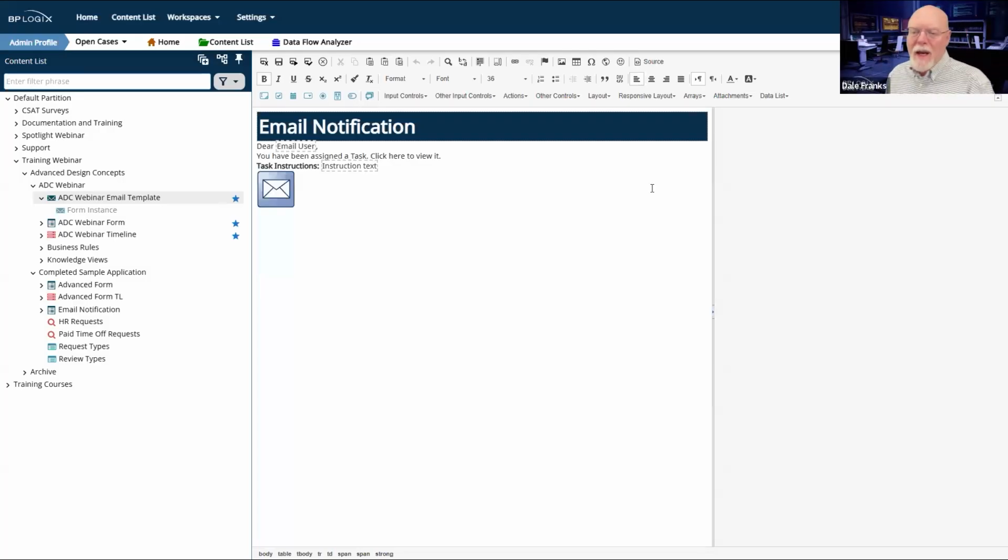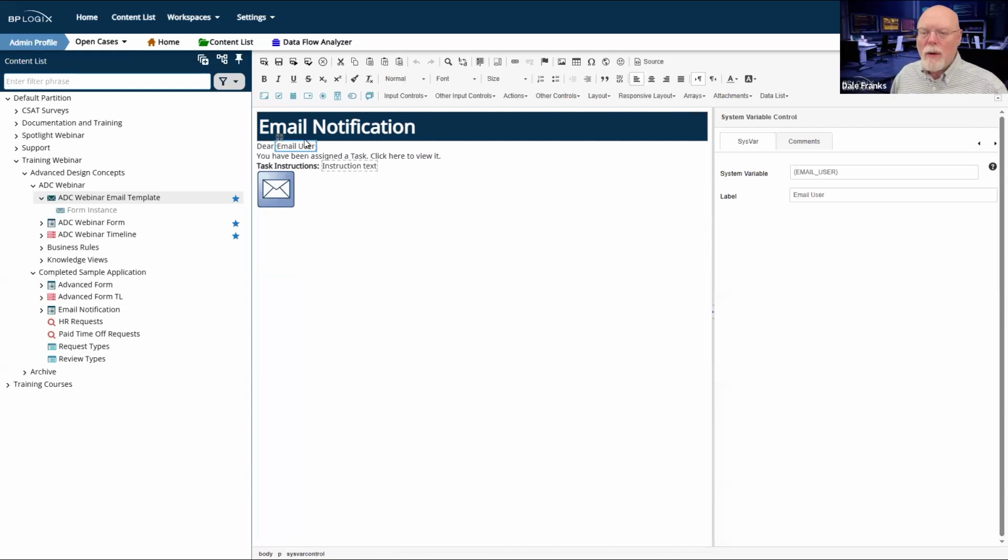So what we're seeing here is the basic and most fundamental email template that you can create. This is our recommendation for the minimal amount of things that you can show on an email template. As a minimum, you need to show some sort of personalization. Mention who the user is.